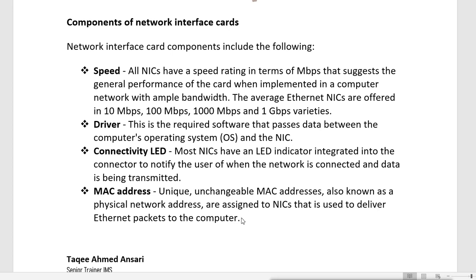MAC stands for media access control address, and we can also call it a physical network address. Why is it called physical? Because it is embedded into your NIC by the company, the vendor. You can't change it.